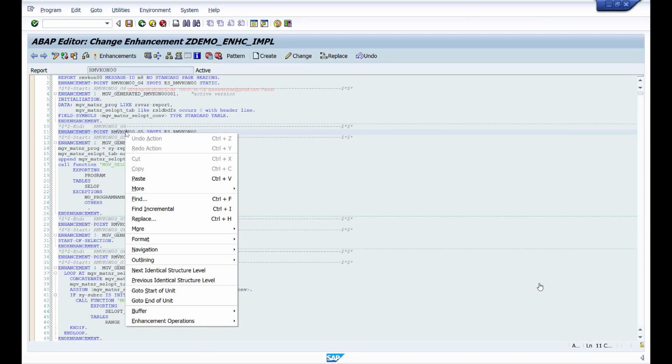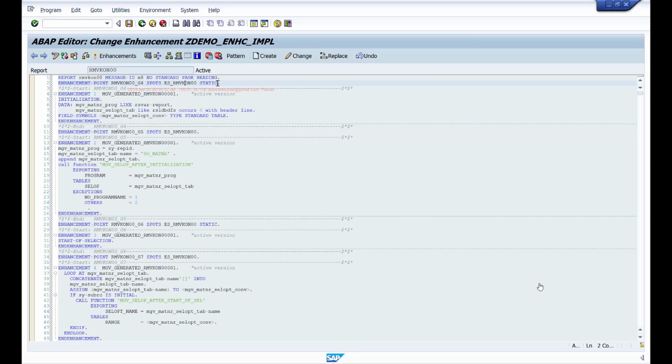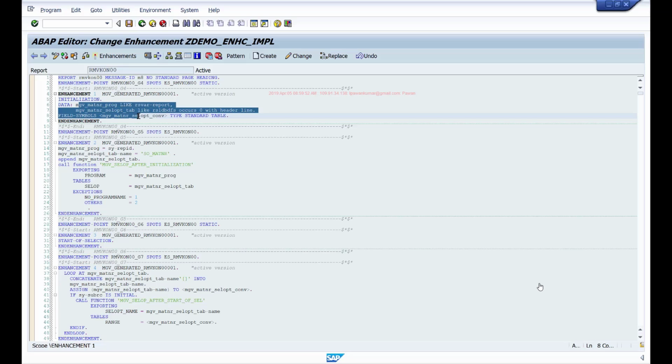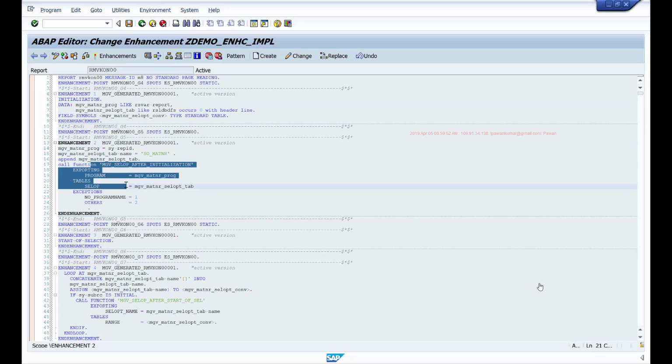As I said, if you want to simply do data declarations, you can implement under static. So here, if you see, they have maintained this data declaration and field symbols under static, and they've also maintained this initialization event. And if you want to write code like this, then you have to implement it under the dynamic enhancement point.